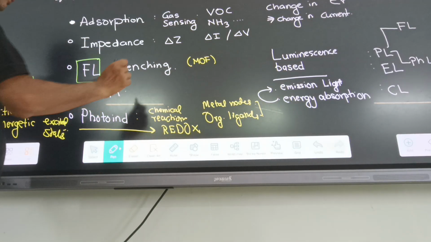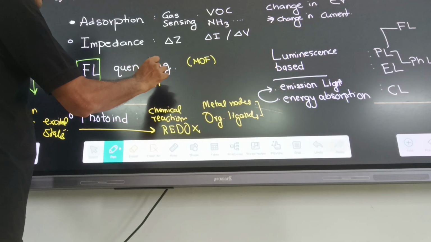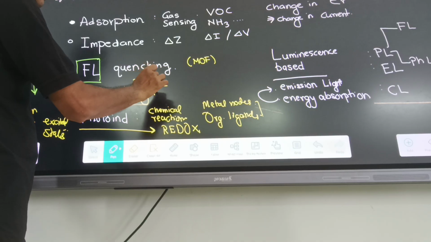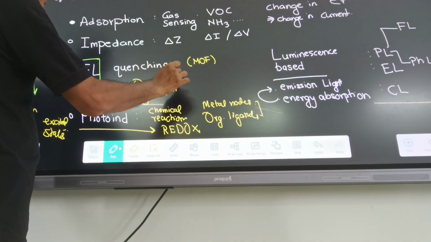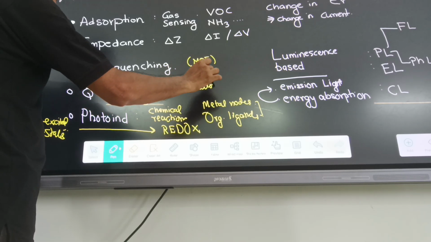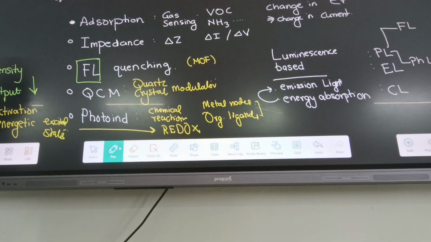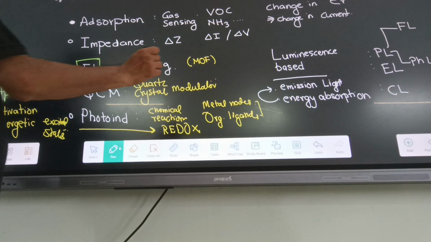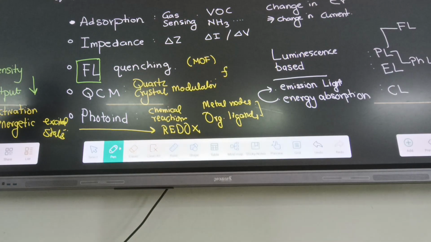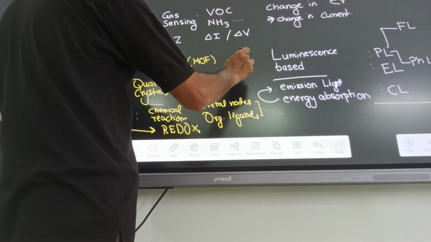This is called quartz crystal modulator. Quartz crystal modulator works on the basis of change in frequency, F. The frequency of oscillation is inversely proportional to